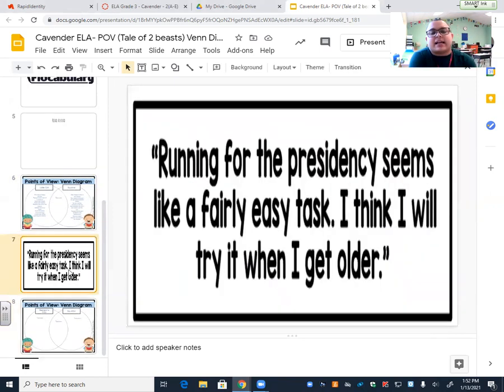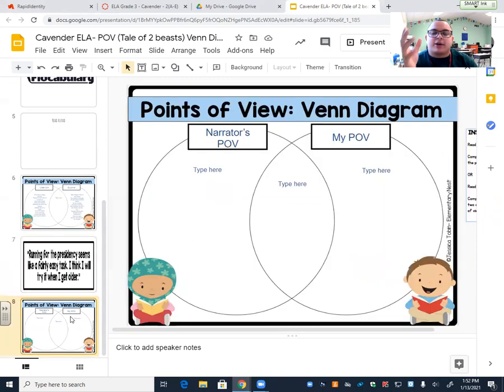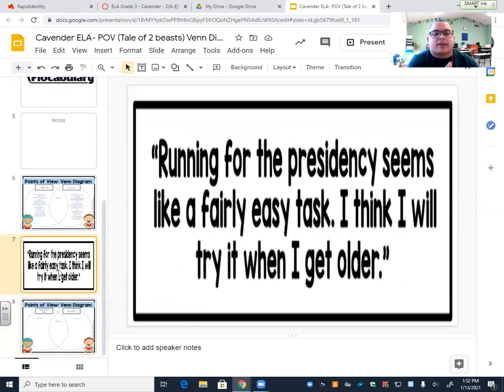So this next slide has a quote that says, "Running for the presidency seems like a fairly easy task. I think I will try it when I get older." All right, so you are going to compare your perspective to whatever the author of these two sentences says.